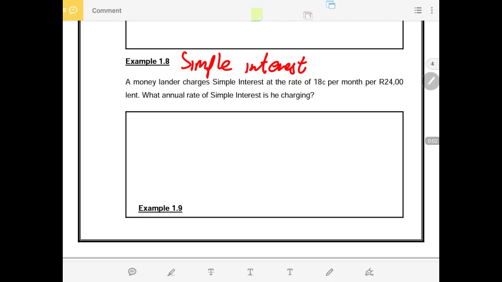We are still talking simple interest. Welcome to the last section of the examples in simple interest. Example 1.8, 1.9, and 1.10 is my target for this session. Now,